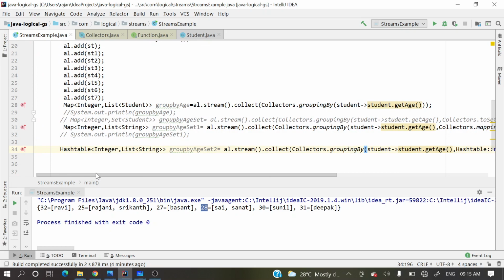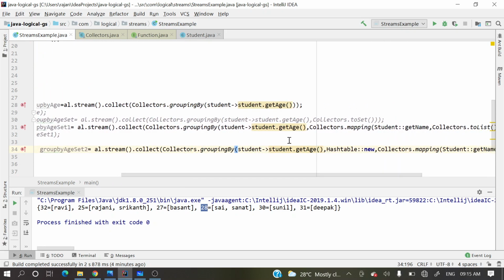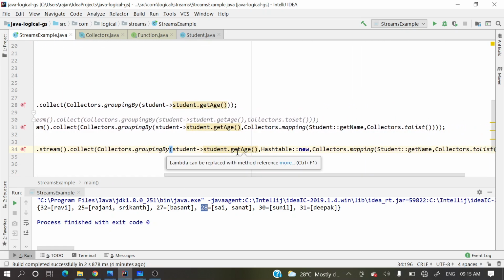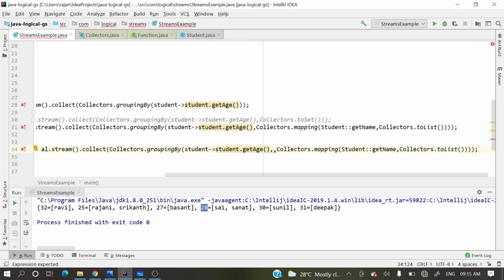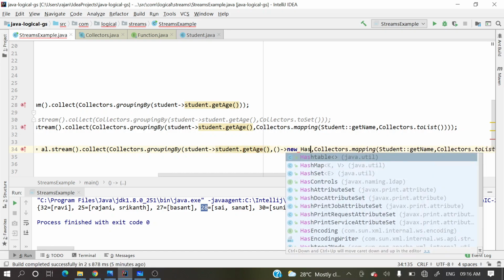So what exactly are we taking? One is this lambda as a function, one argument, and another argument is what implementation type you want. That implementation type you can pass over here. So this is a method reference. In simple terms, you can do like this as well. Let me show you. One lambda you need to pass. Sorry, it's a no param, and new Hashtable.